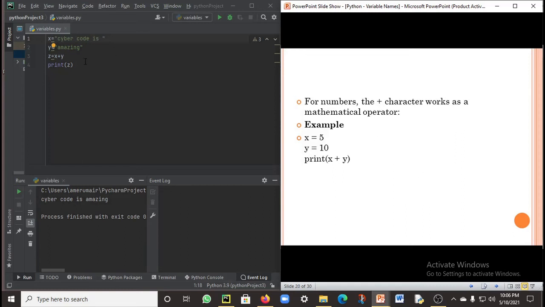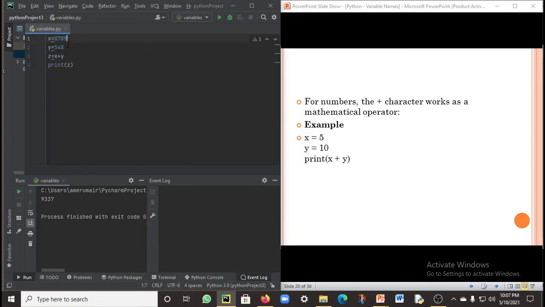So the plus character in strings works by attaching two values of variables, whereas for numbers the plus character works as a mathematical operator. So first, x will be 8789 and y is equal to a random number, 548.